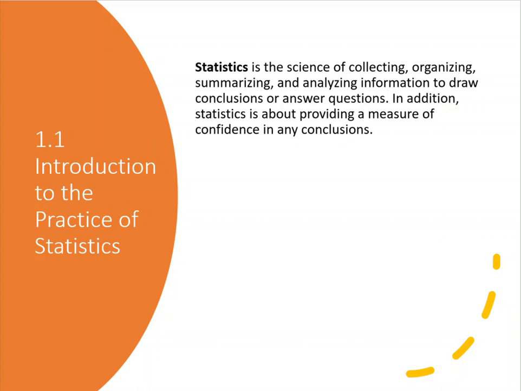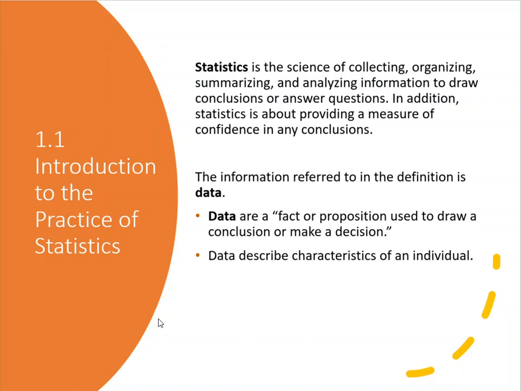Now, another term we want to understand has to do with data. Data is the information that has some sort of characteristic of an individual that we want to look at. Data is what we're going to look at as far as collecting information on. This data could be something such as cars or gender, maybe even age. But either way, whatever the data is, there has to be some sort of variability in the data that we want to collect. It wouldn't be any fun to look at data that never changed.